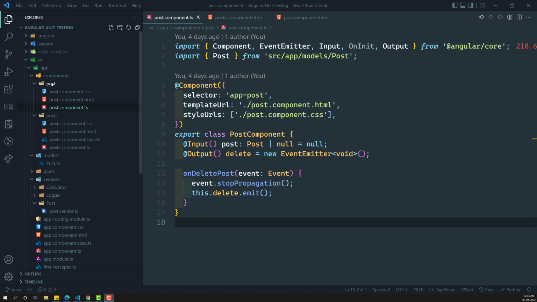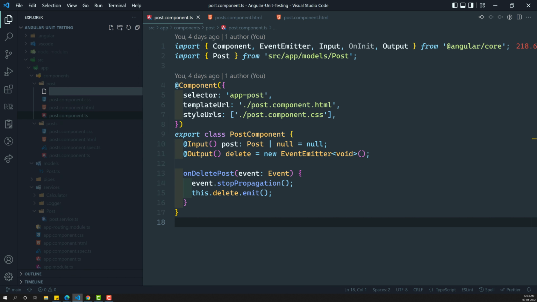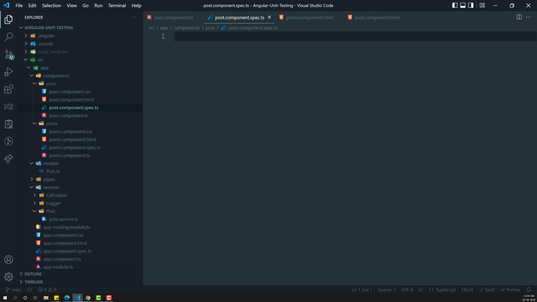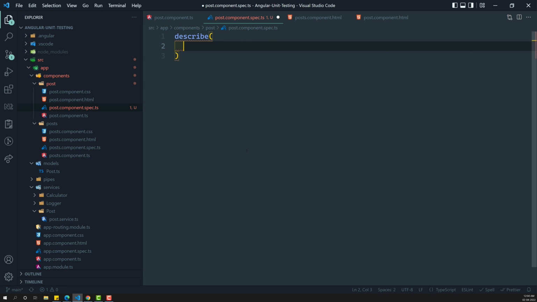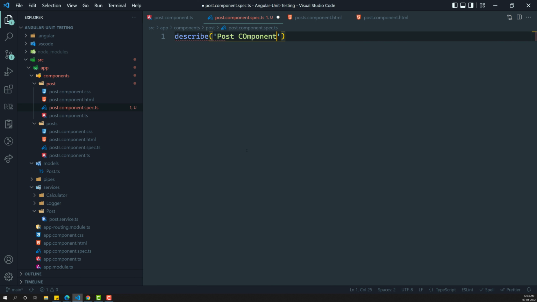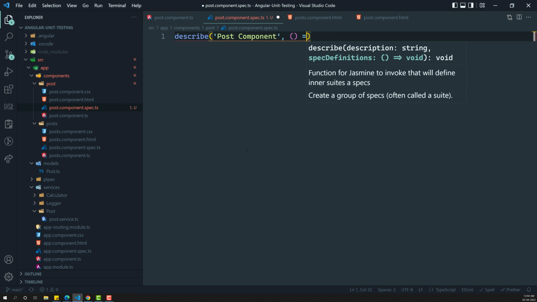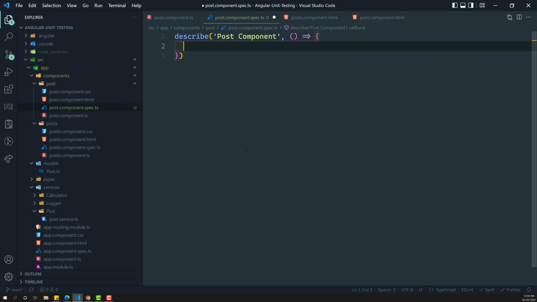Now let's try to create a post component. Here I am creating the post.component.spec.ts. So this is the file I am creating, and here let's create describe, the test suite. So post component. Now let's open this one. Now what I need to do, it